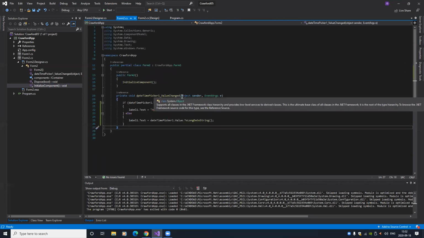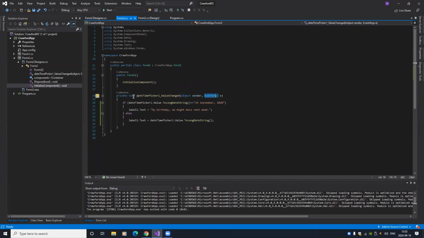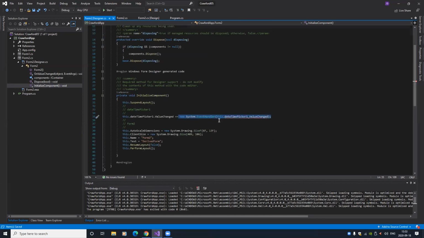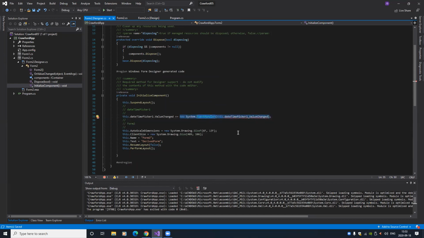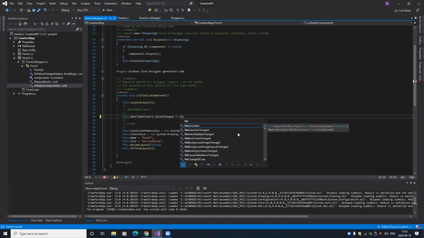So the delegate defines object sender, EventArgs e, and that it's a void. So if you're using that structure, you can literally just say, so I'm just going to change it. Currently it's dateTimePicker1_ValueChanged. I'm going to change it to OnValueChanged. Okay, OnValueChanged. All right. Now you can see immediately I changed it from OnValueChanged, it now highlights this because it's like, I don't recognize this method name. Where is this? Okay. I can literally remove all of this and just change to plus equals OnValueChanged,